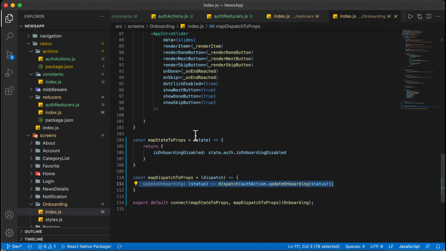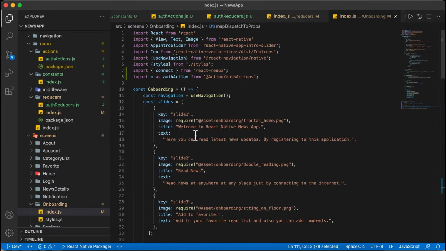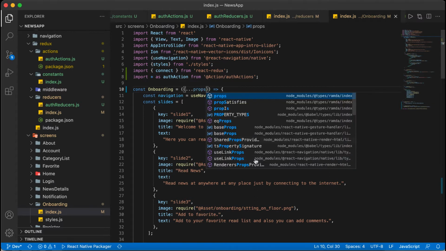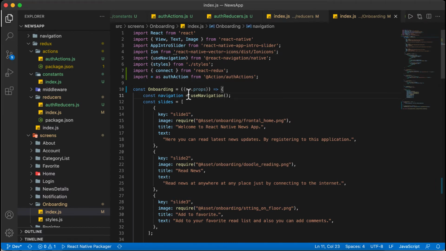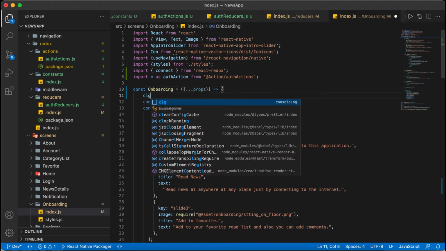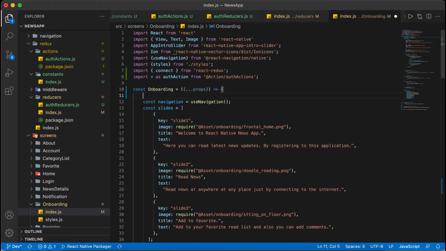So I am going up and I will take props from here, this means all the props. Then I will console the props here. Then we will see what props are coming.